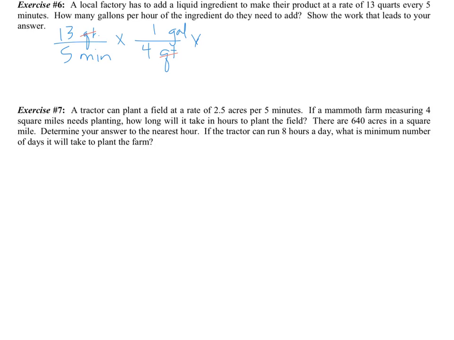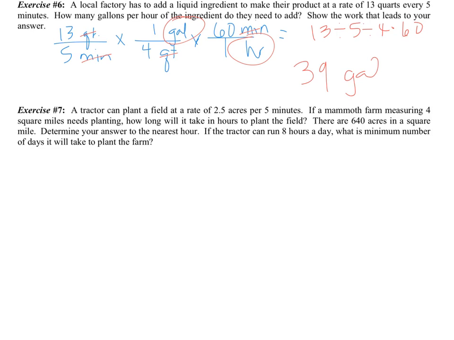Now we need to transfer minutes to hours because we want to know gallons per hour. So we need to cancel out minutes. There's 60 minutes in 1 hour. So we have canceled out minutes and we're left with gallons over hour. So 13 divided by 5 divided by 4 times 60. So 13 divided by 5 divided by 4 times 60 is 39 gallons per hour if you're doing 13 quarts